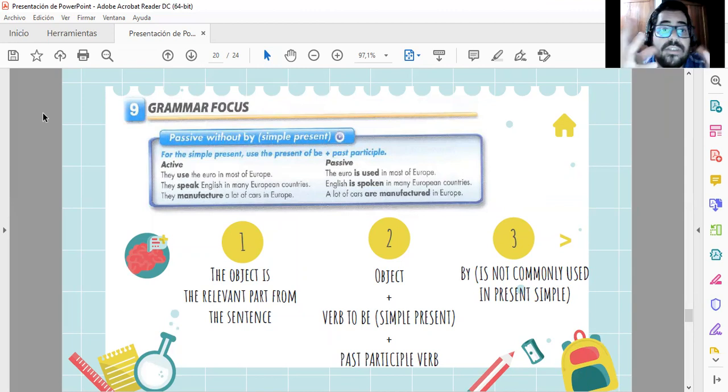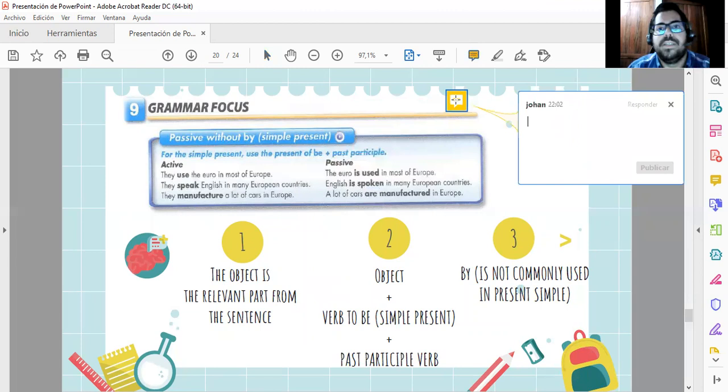For example, guys, let's talk about our country, Costa Rica. And let's think about simple things. For example, the coffee. Coffee is an object, right? So we can create a passive voice with this in the simple present. ¿Qué sembramos acá, guys? Coffee normally, right? So coffee is, notice that I'm not using a subject, guys. I'm not saying Costa Ricans or we. No, I'm saying the coffee. I'm using the object, the receiver, okay? The coffee is grown.